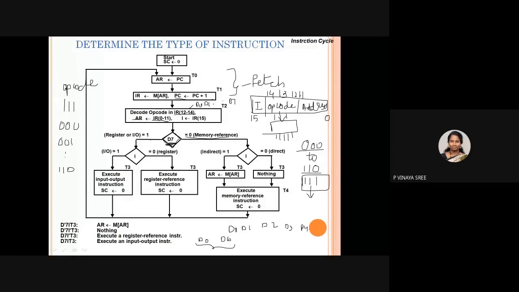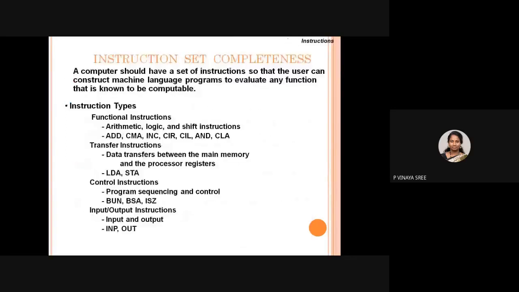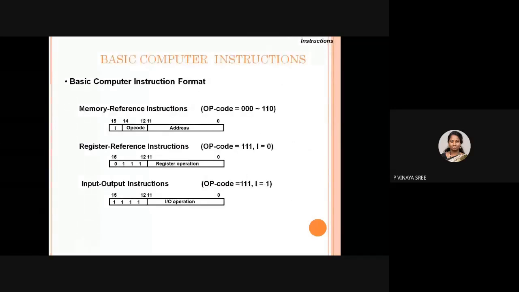So if D7 equals 1, that indicates the opcode has triple one. Triple one will be present in memory reference as well as in register reference instruction and input output instruction. So I am considering this as D7. Why? Because we send these 3 inputs to the decoder and we get 8 outputs. In that we consider D7 as a decision to identify whether these instructions are memory reference instructions